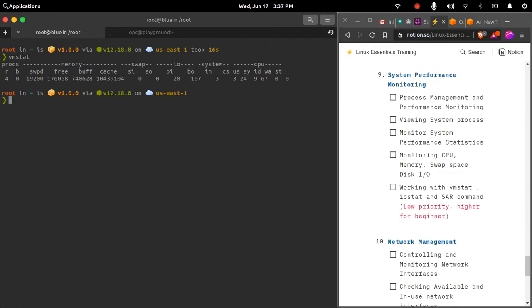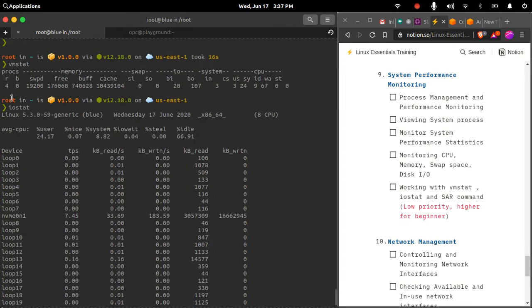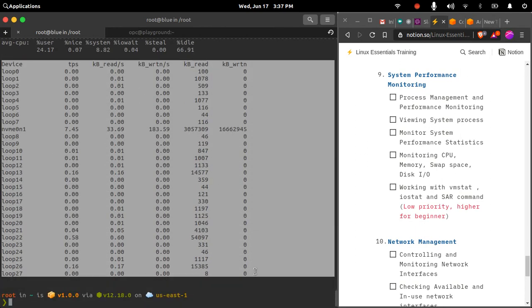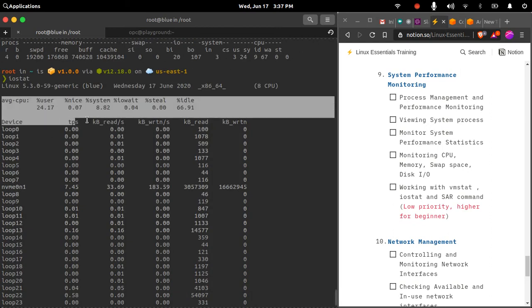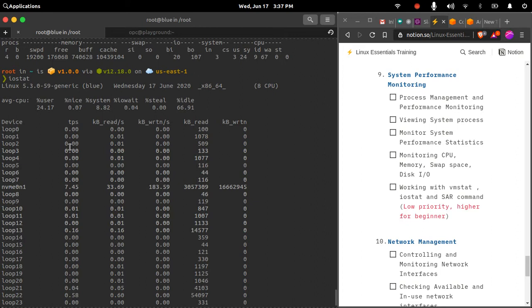Now there is one more command, that is vmstat. With iostat I was able to check the average CPU utilization and the device related information. So the performance of the device was monitored with iostat by default, as well as the CPU related information. It can also monitor the network related information.